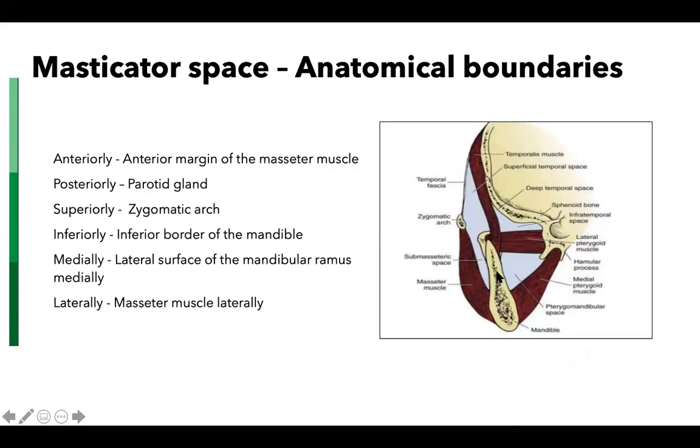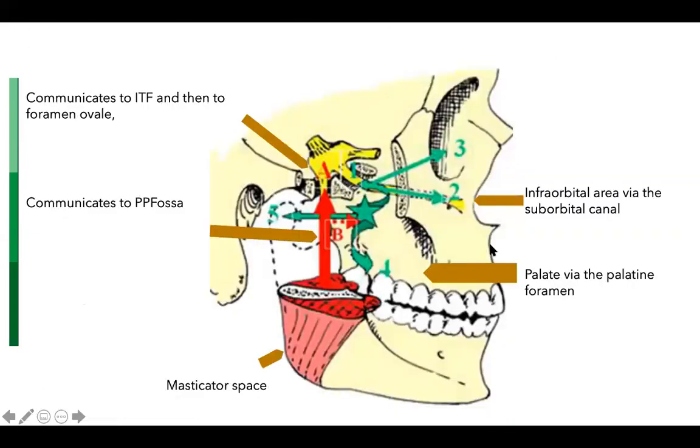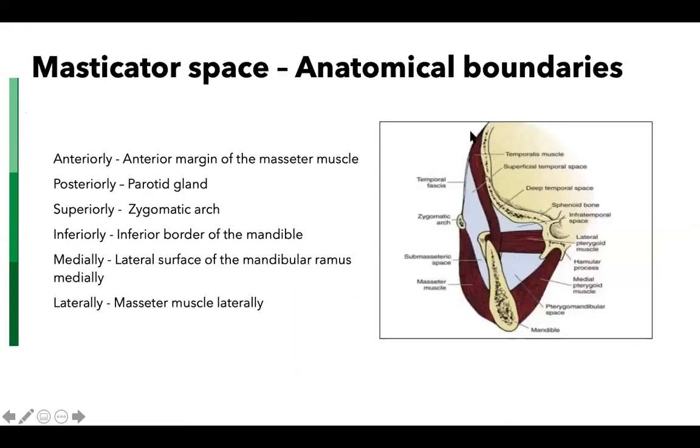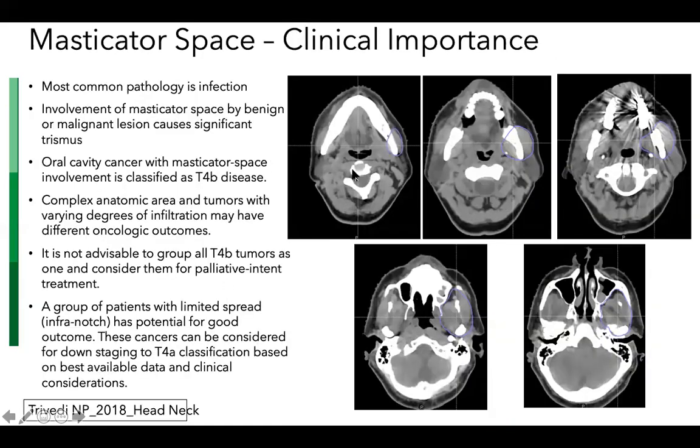So this is the masseter, this is the mandible, this is the medial pterygoid muscle. But what we also need to note is that this communicates superiorly with the temporalis muscle. So these are the boundaries of this space, and this is the masseter. It's a bit light colored, but you can see this lavender colored. So this is the lower extent, the masseter and the lower end of the mandible. Then we come up, this is the masticator space. Again, the masticator space in this area, and then again the masticator space.